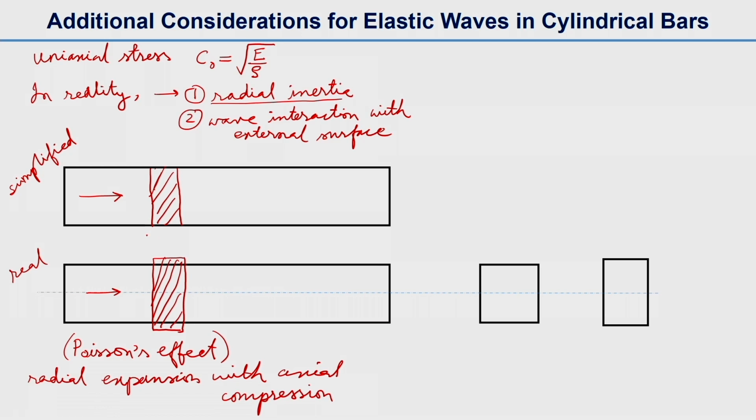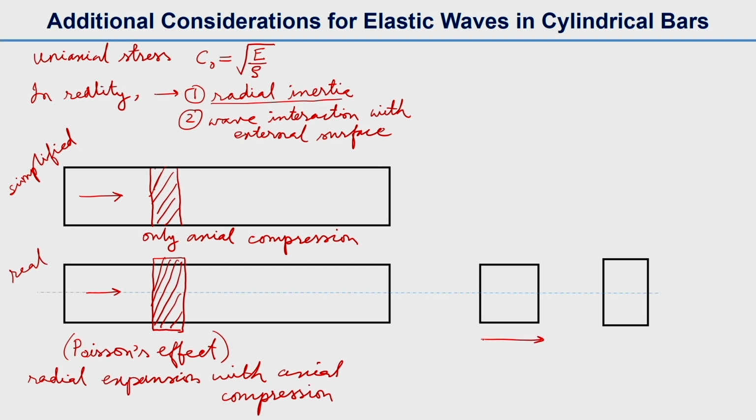However, in the first case it is only assumed that we have axial compression and no radial direction deformation. So basically, if you see the cross section,